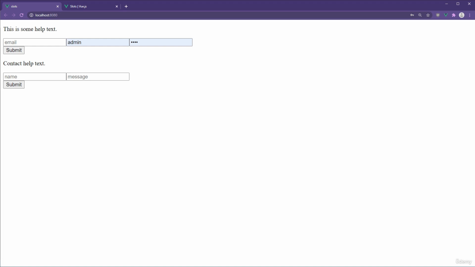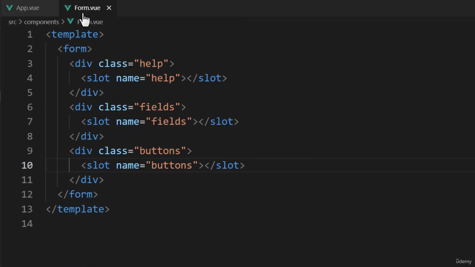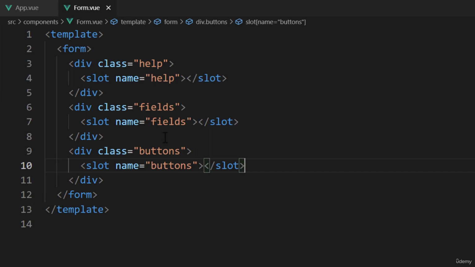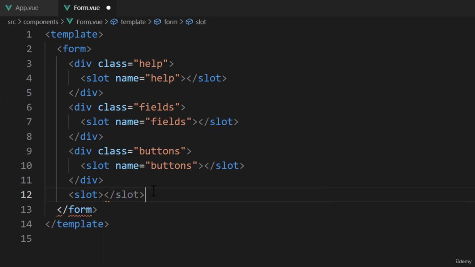We aren't limited to using named slots. We can use a combination of named slots and default slots. Let's go back to the editor. Inside the form component, we'll add a slot at the bottom of the form. By having a slot with no name, any elements that aren't assigned to a specific slot will be put there